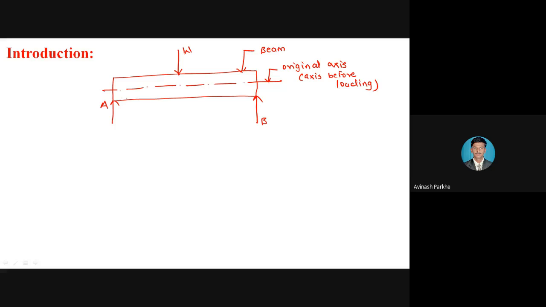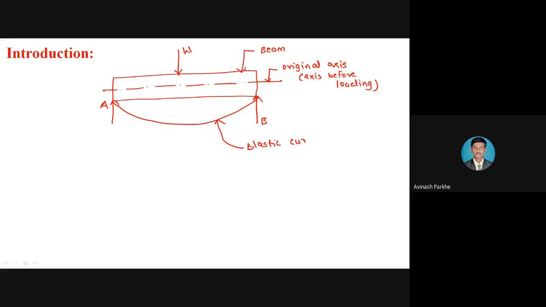So now what happens if the beam is supported at the two ends and the point load is applied in the downward direction? Due to that point load applied in the downward direction, the bending of the beam is taking place in the downward direction, like this. Bending of the beam is taking place in the downward direction, and you will get one curve. Whatever this bending is taking place, you will get one curve. This curve is called an